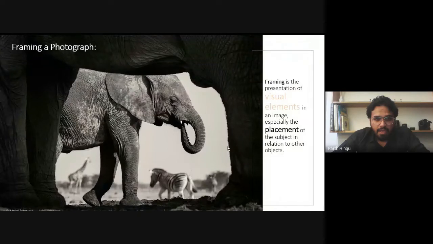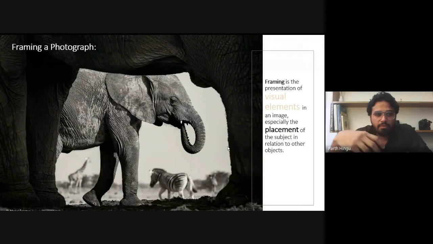And this is a... it's not like you need to have some frame in front of this. You can make a frame, and you can make a frame naturally. Like this is a baby elephant, and there is the mother elephant. So this becomes a natural frame in front of any of the photograph.